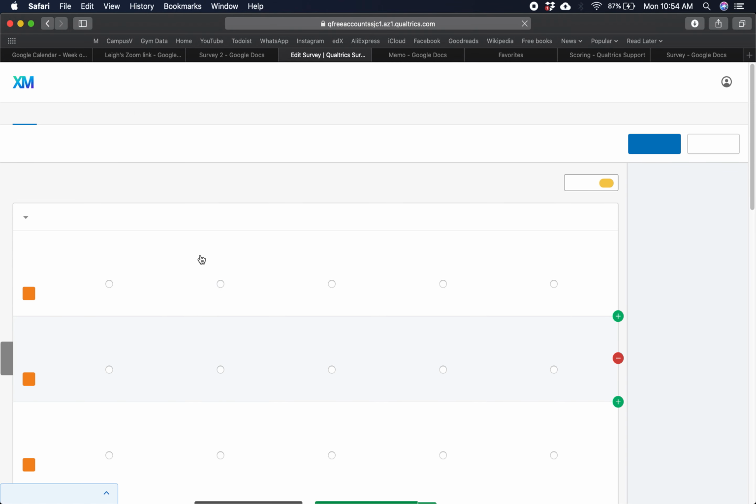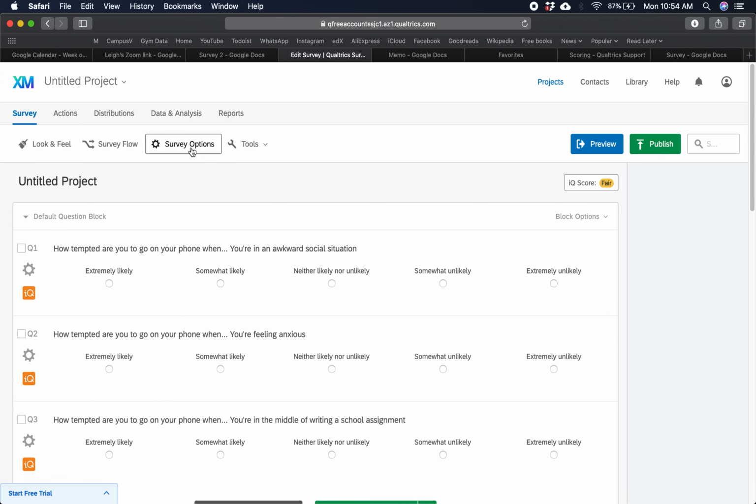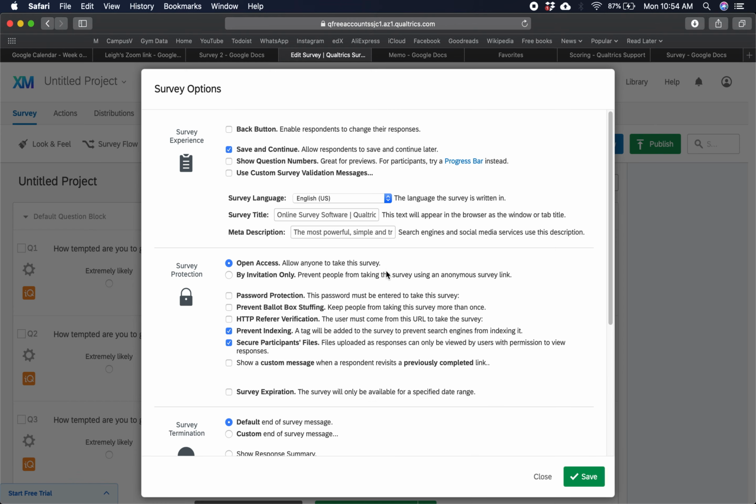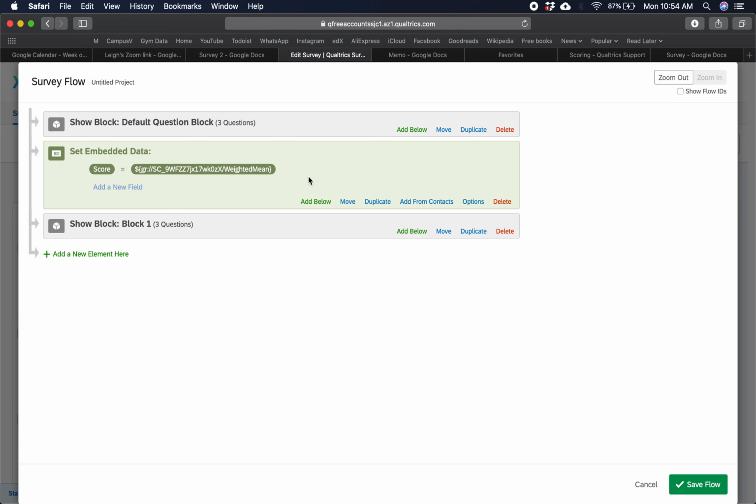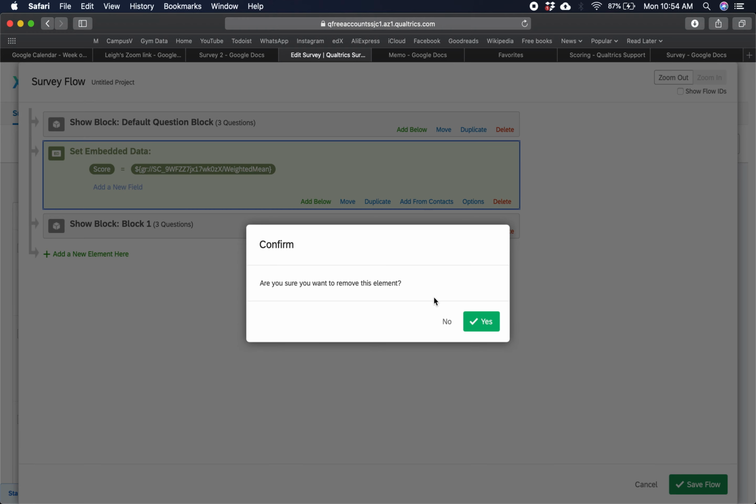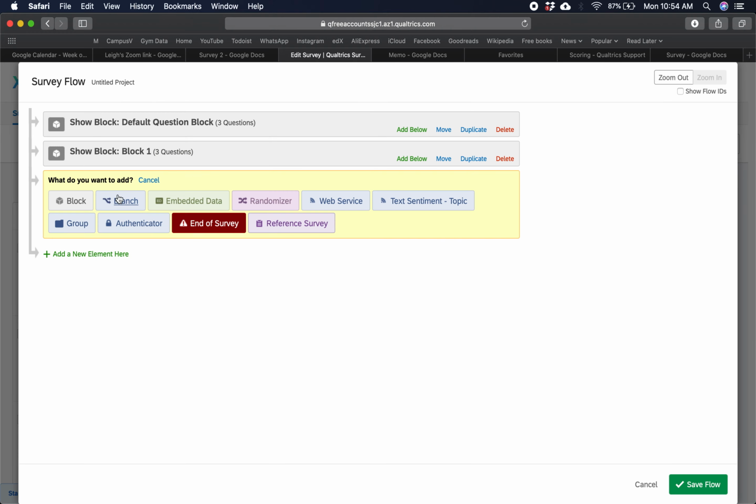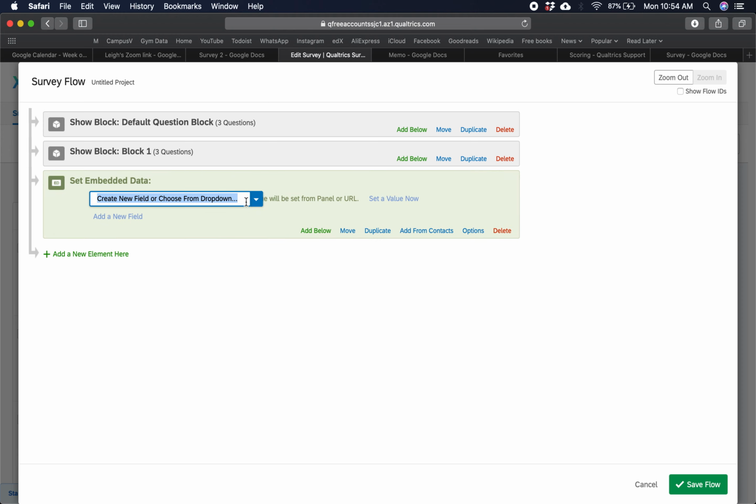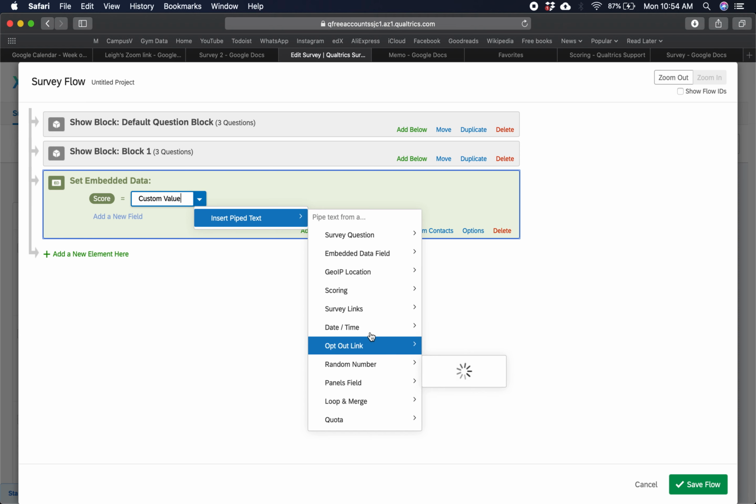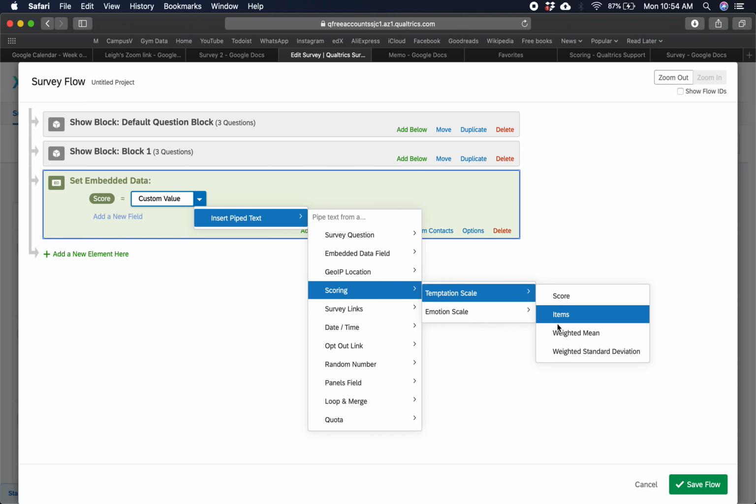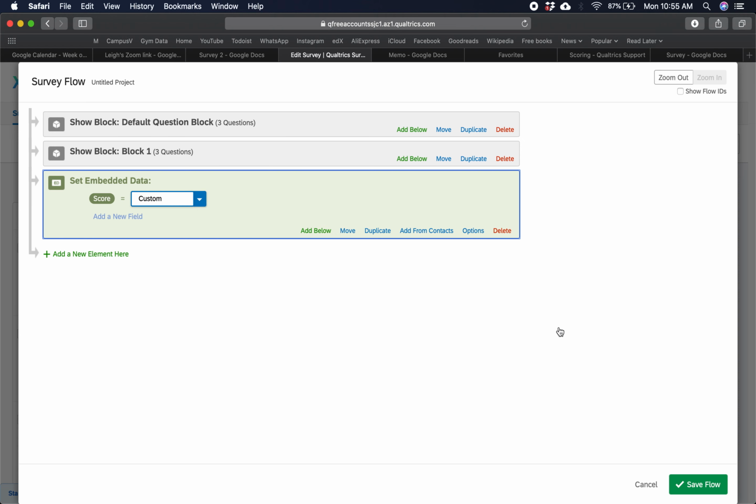So I go back to the editor now. Then I have to go here to survey flow. I'm going to redo this so I can show you. So I'm going to add a new element, which is embedded data. I'm going to call it score, and I will set it to be equal to piped text scoring the weighted mean of the